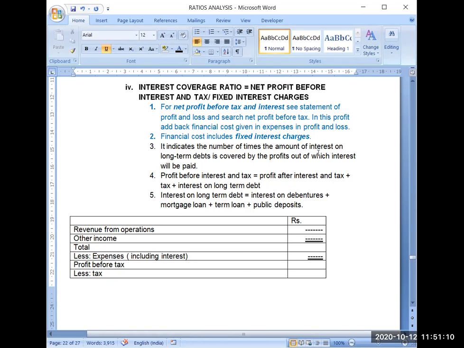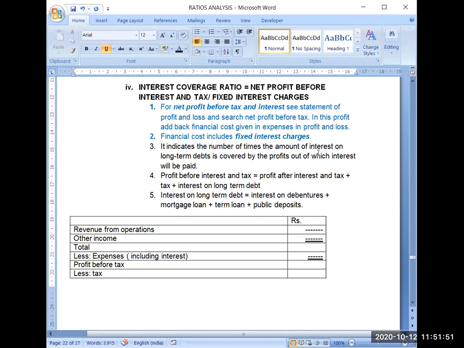See, company has to pay interest compulsorily. First thing, either you are having sufficient profits or you are not having sufficient profits, that is not a matter. Profit is enough or not enough, or you are earning loss, even then you have to pay the amount of interest on your borrowings. Now creditors want to check whether this company will be able to pay my interest on time. How much safe is my interest? Because obviously company will be paying interest out of its earnings. But even if it is not earning, then obviously at some point of time, it will create a trouble for the creditors and for the company also.